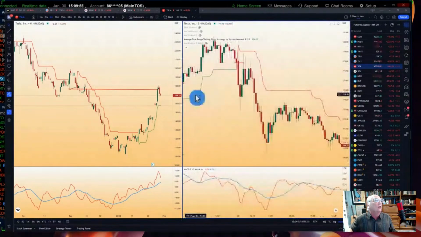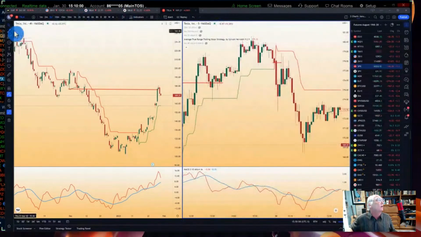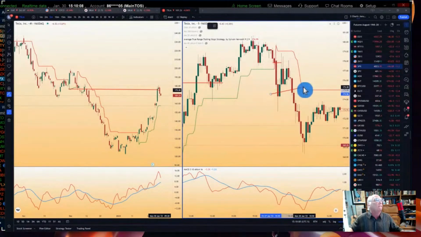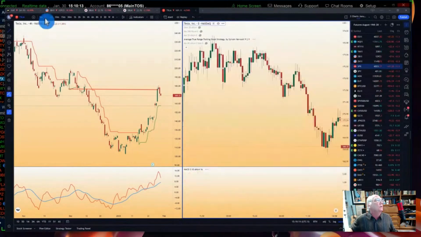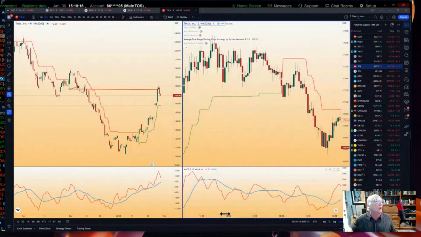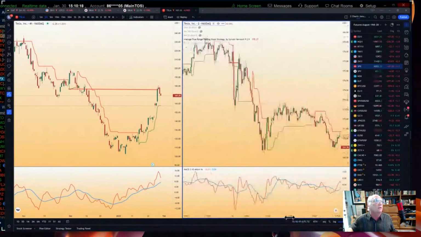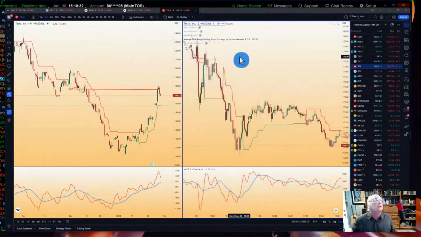So we shorted here. Let me be sure I had the right time. Yeah. We were a little cute about this, and I'll show you the mistake and then the good one. So if something really sets up, you can make mistakes and go right back to it. So I shorted it right here. That was stupid. So got stopped here, a point. And by the time I posted the trade, I was stopped. That's always humiliating. But it started to form this.